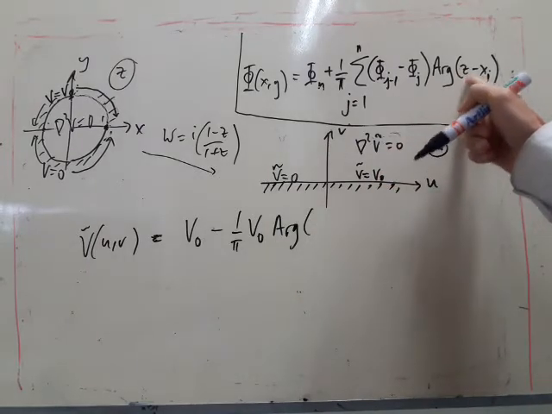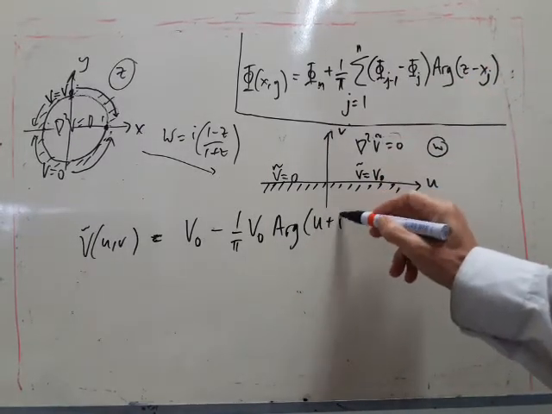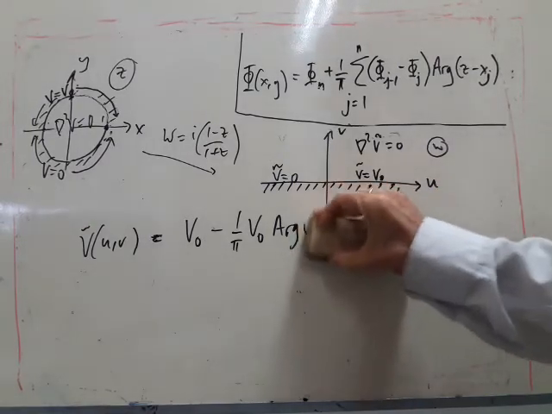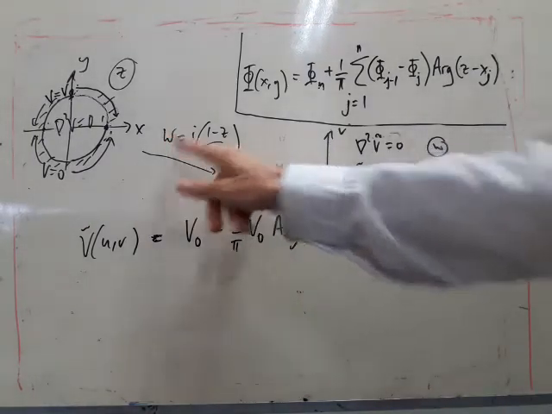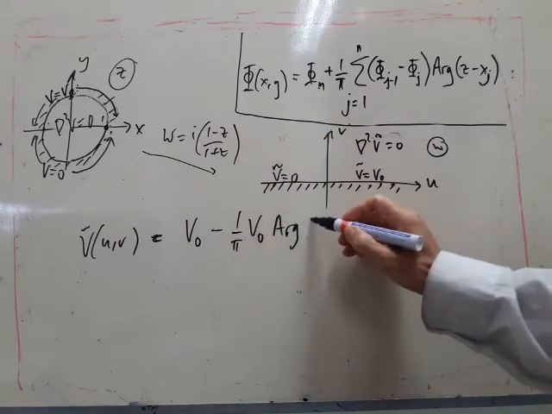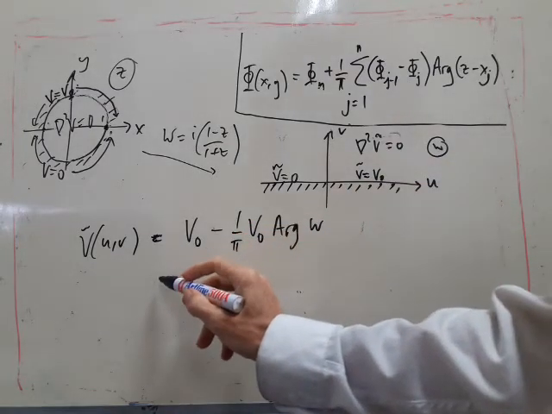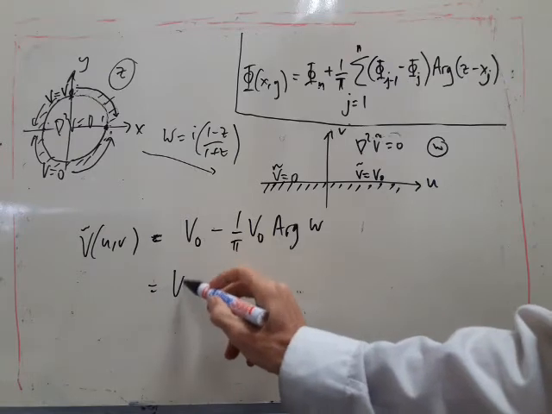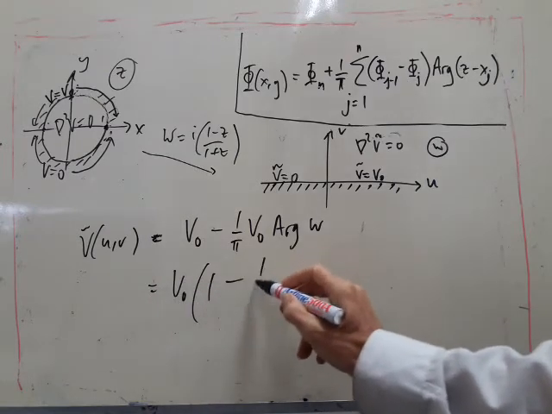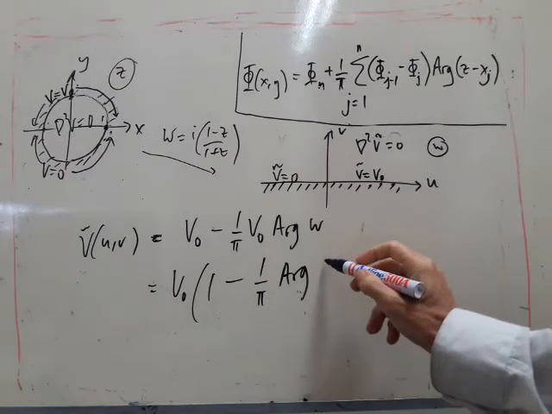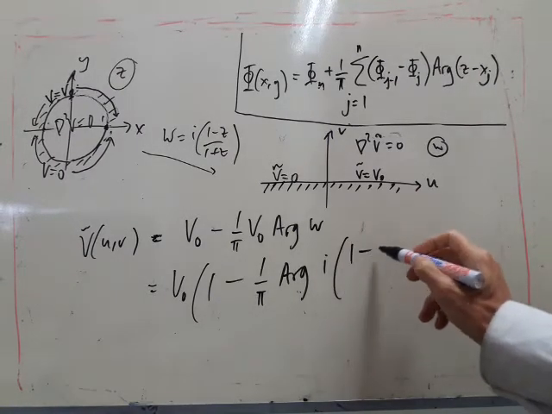Okay. And it's w minus 0, so it's u plus iv. Well, I'll keep it actually as w, because I'm going to immediately then rewrite w using this. So I get v naught minus 1 over i argument of i times 1 minus